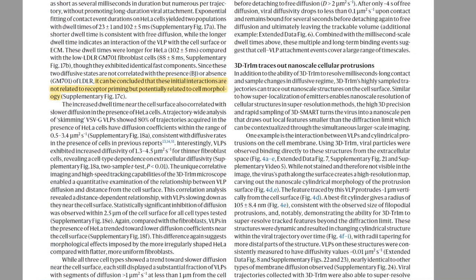But in this experiment, they couldn't observe any data that told them anything had to do with receptors. And the way that they reasoned this out is because they had different cell cultures, and some cell cultures supposedly have more receptors that this virus will bind to, but they found no difference in these bumping into interactions between those different cell types.